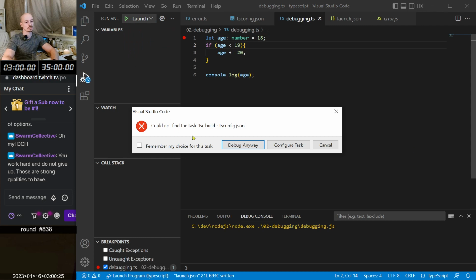Could not build the task. TSC build tsconfig.json. Okay. Because